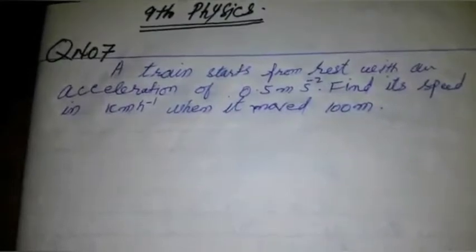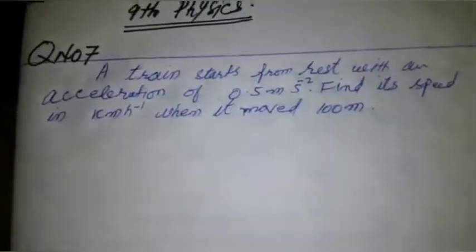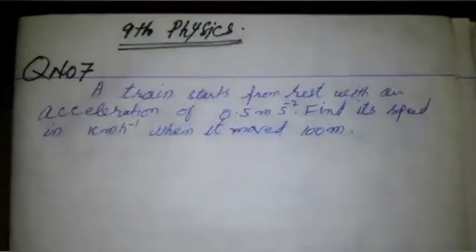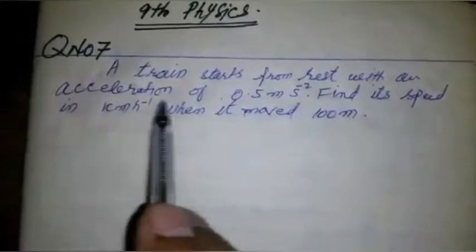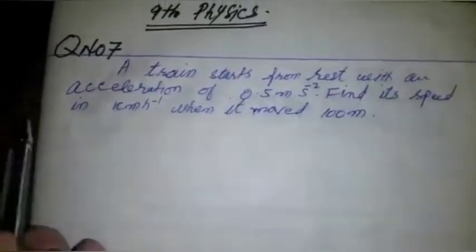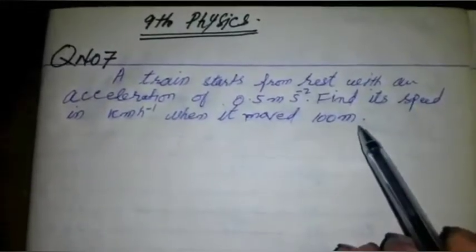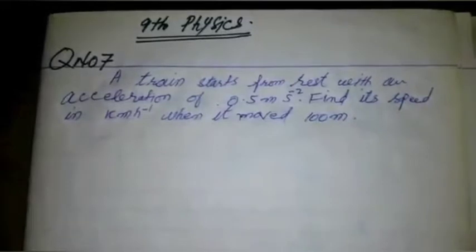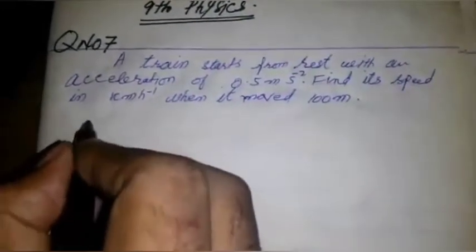Bismillahirrahmanirrahim. Today we are going to solve a word problem or a numerical from 9th physics. The statement is given as: a train starts from rest with an acceleration of 0.5 meter per second squared. Find its speed in kilometer per hour when it moves 100 meter. Let's solve this question. Its solution is